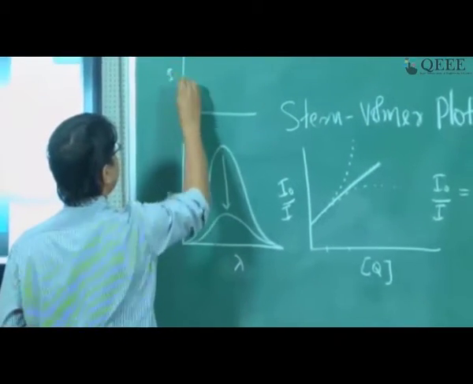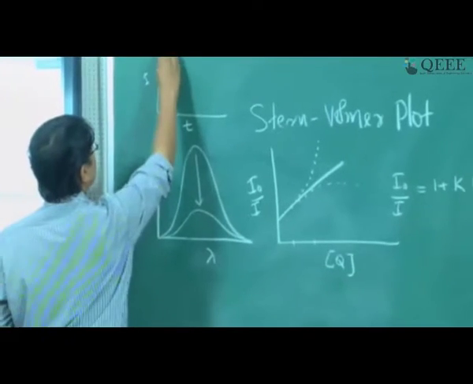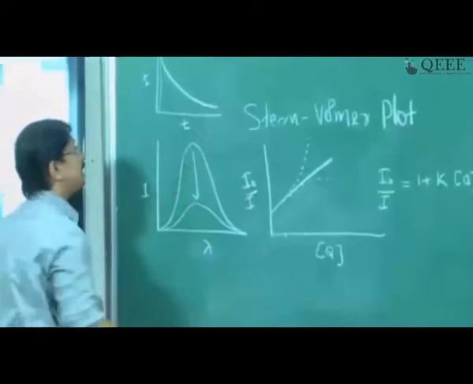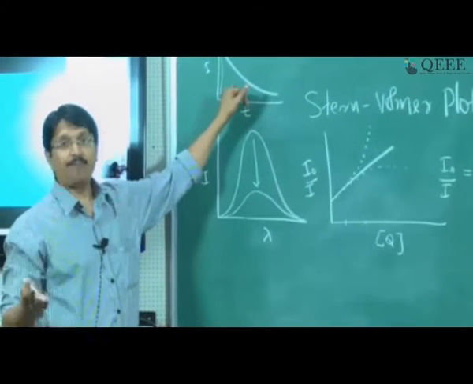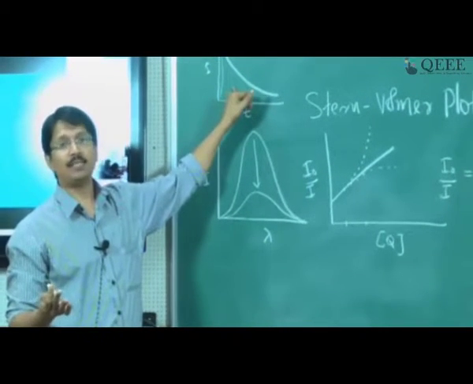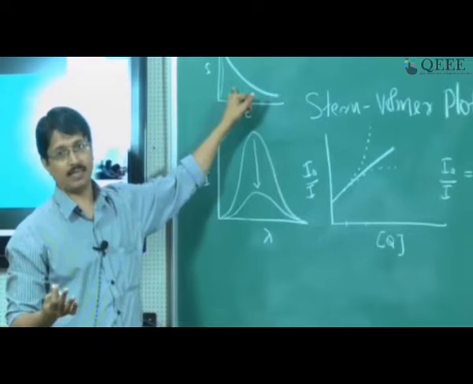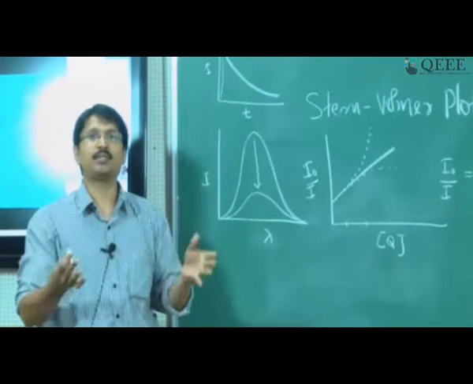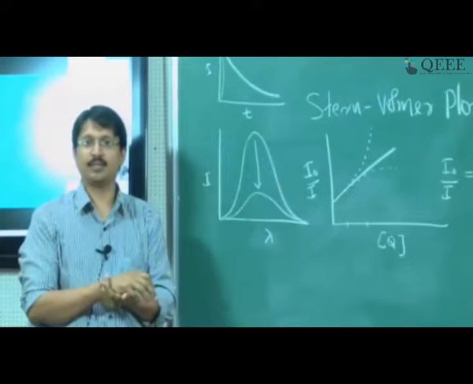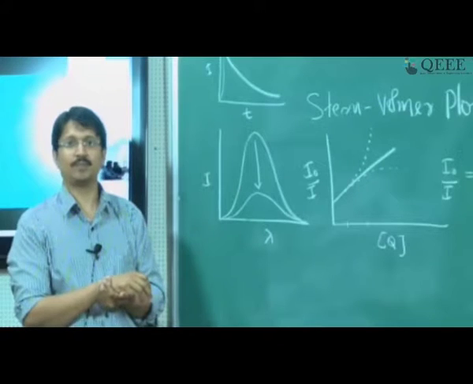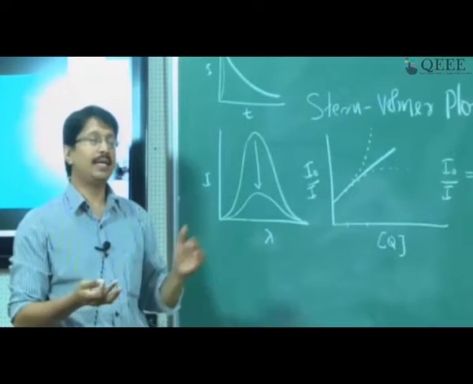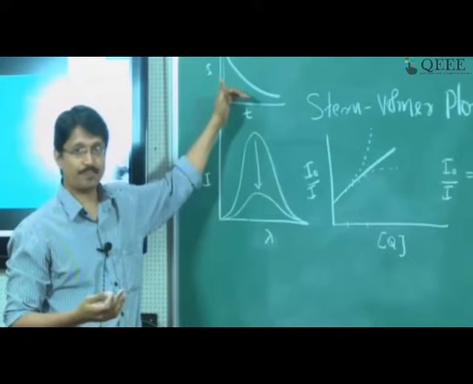So this is the intensity, this is the time. Yesterday we said you get a single exponential decay. If you fit that, you will get the lifetime, the excited state lifetime, the average time that a molecule spends in the excited state. Yesterday we discussed an anthracene molecule with 5 nanoseconds, and we said that is the average time the molecule spends in the excited state. Sometimes that also decreases in presence of a quencher.